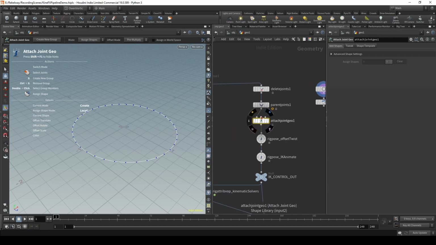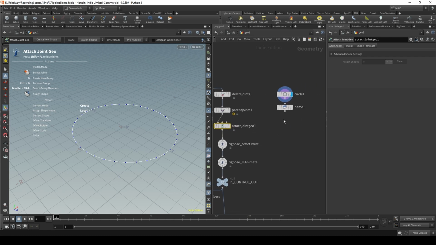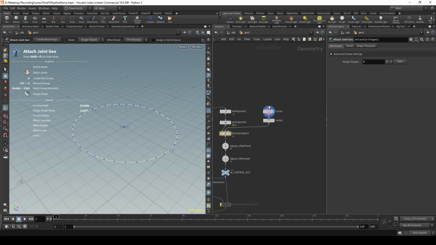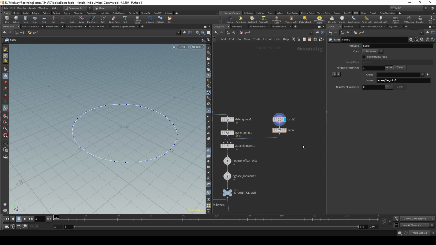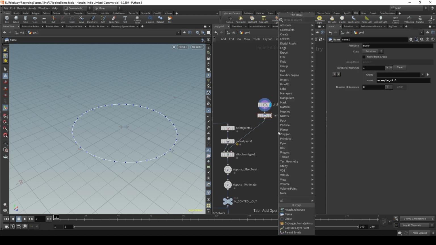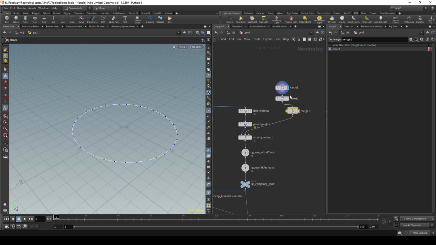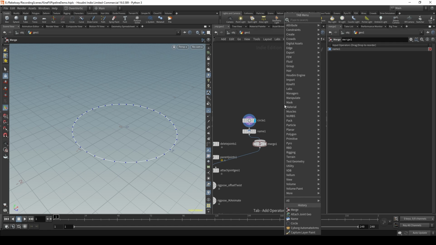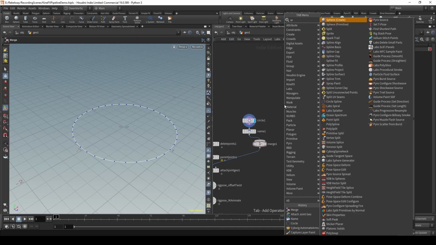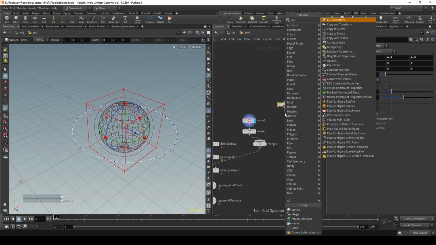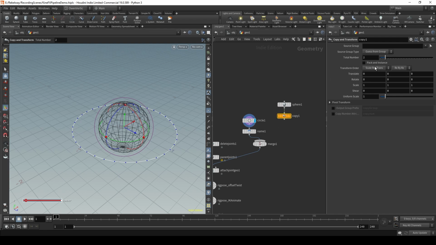It'll automatically hook up our target geometry, and we can hook in our geometry here into this shape library. Now if you have multiple different shapes that you want with multiple different names, you can simply use a merge node, combine them all together, and then hook them up here, so long as you just have their name determined before your merge. And even if you have a sphere and then a copy node for some reason to just create a lot of spheres,